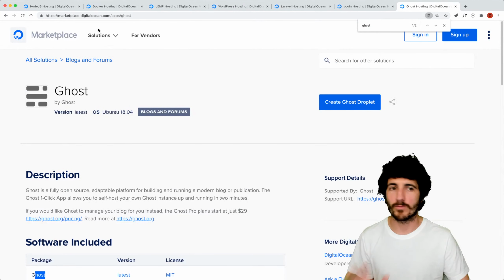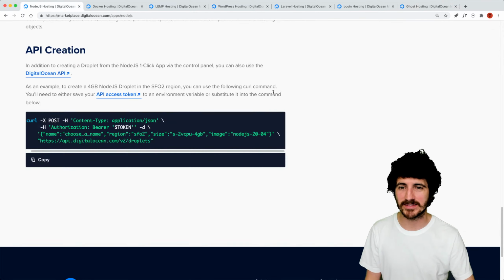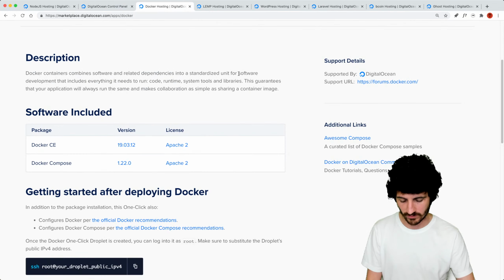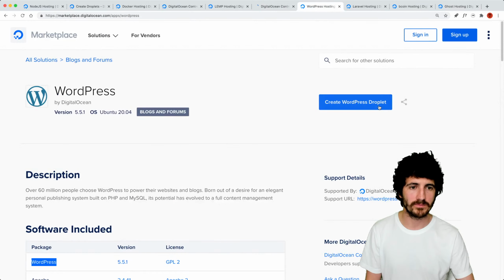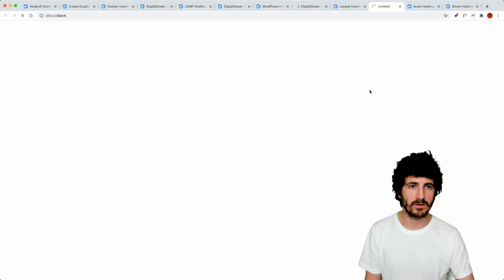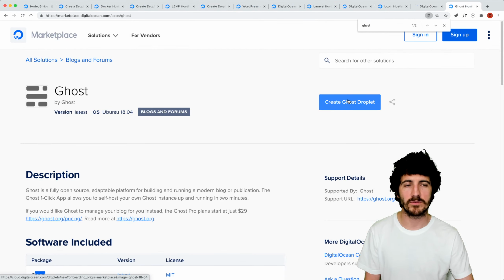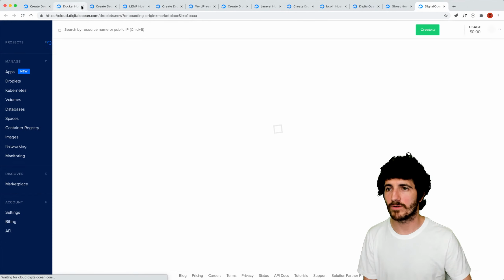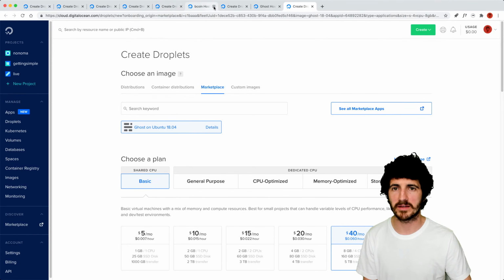All right, so without further ado, let's get to the point and create these things. So I'm going to create on every node. So I'm going to create here, create here, create here, create, and create. So we're going to start spinning a lot of instances, and they will be ready in 1 minute or something.